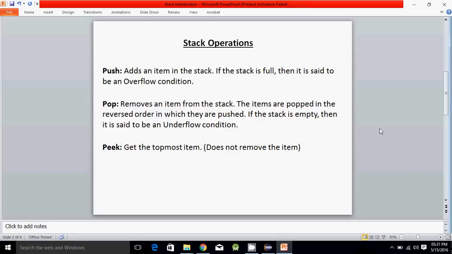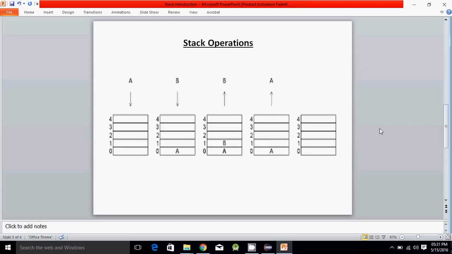Here is a simple stack operation diagram. The size of the stack is 5, and we first push an item of character type, A, in the stack. Then it will go to position 0. Secondly, we push B in the stack, so it will go to position 1.